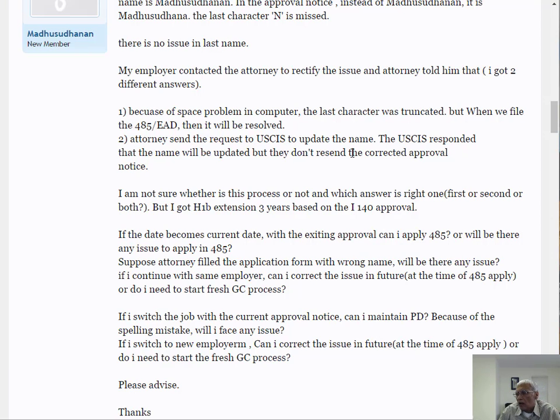Again, there are people still logging in. I remind you folks that the I-140 rule, which had been pending for many months, has now been finalized and will be published tomorrow. I'll have on my blog information about the new rule. Information about the proposed rule is already there on my blogs, and normally the proposed rule and the final rule are pretty close to each other.